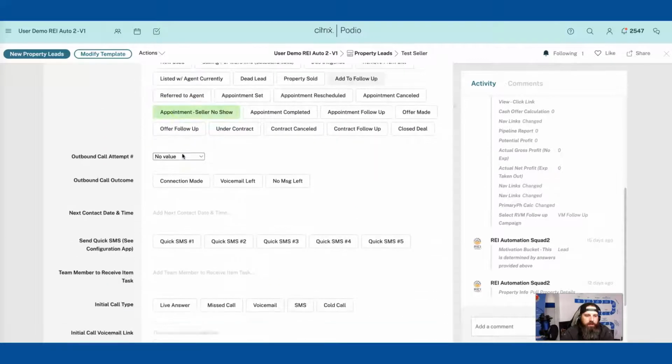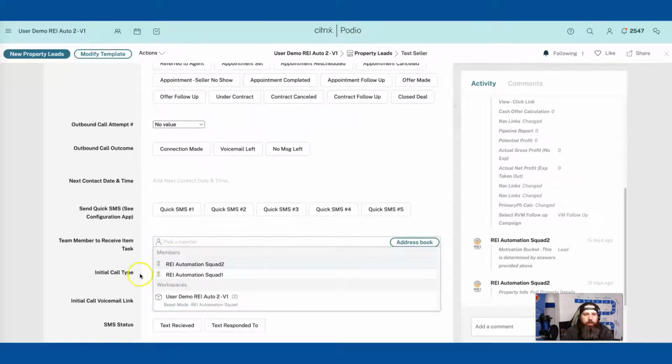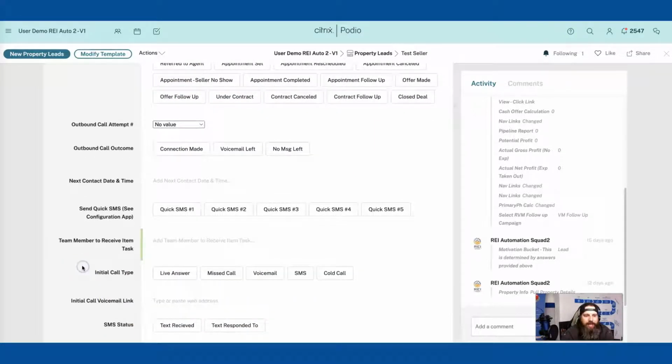field that is called Team Member to Receive Task. We recommend you use this as you're assigning leads to anyone that's going to work a specific seller. So whether that's inside sales, acquisition, or disposition that's working through something, they put their name on here. As the calls, text messages, missed call voicemails, etc. come in, that person will receive the task notifications to go take a look that the seller has called or